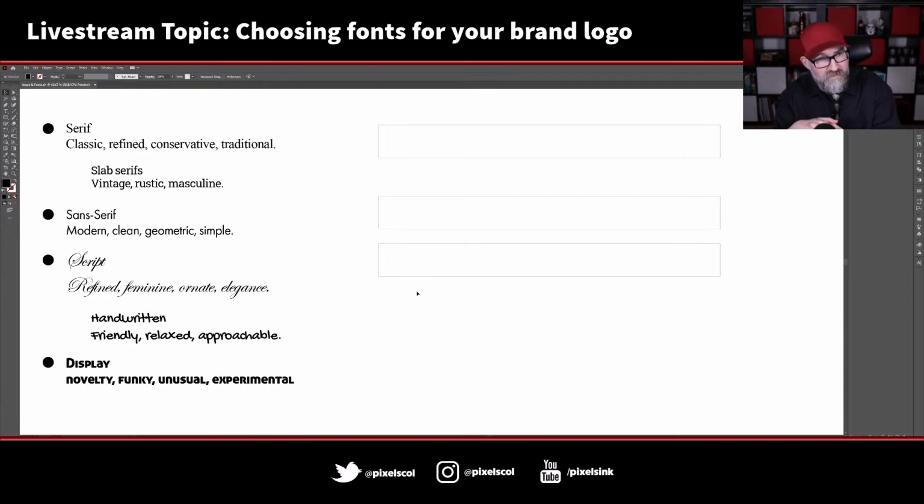Next up, you've got sans serif, and sans serif basically just means without serifs. And so they tend to look more modern, clean, geometric, and because they don't have the serifs on, they're more simplified, and it just gives a modern feel. Now, an example of that is